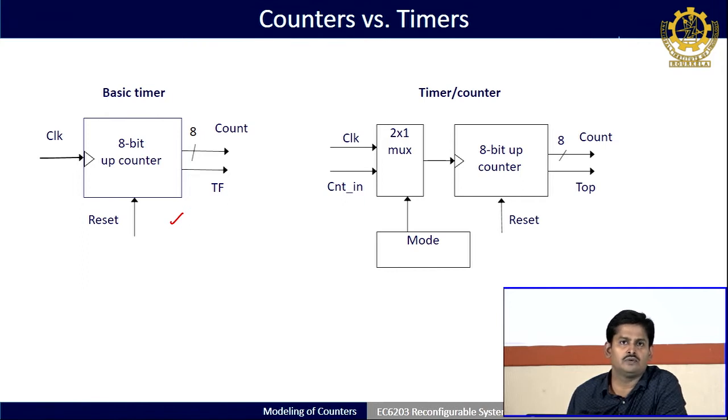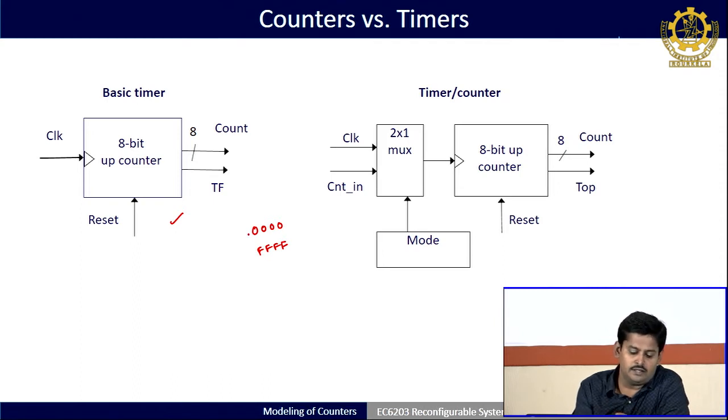So, it will start counting from 0000, that is 8 zeros, to 8 ones. Okay, did you understand my point? So, 8-bit is 0000 up to 8 ones, which is FF. Okay. So, depending upon your requirement, the counter can also have a certain width. It may count 4-bit, 8-bit. So, if it is 4-bit, then it will count from 0000 to 1, 2, 3 like this up to FFF. Okay. So, similarly, if 8-bit, then you can increase it.